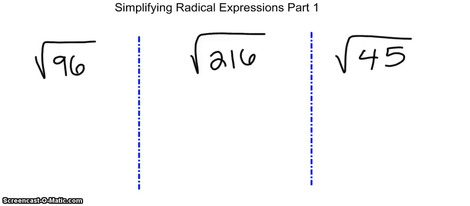Okay, so this video will review how to simplify radical expressions. Remember, the goal in simplifying radical expressions is to find the biggest perfect square factor that we can divide into our radical. So in this case of root 96, square root of 96, I can break that down